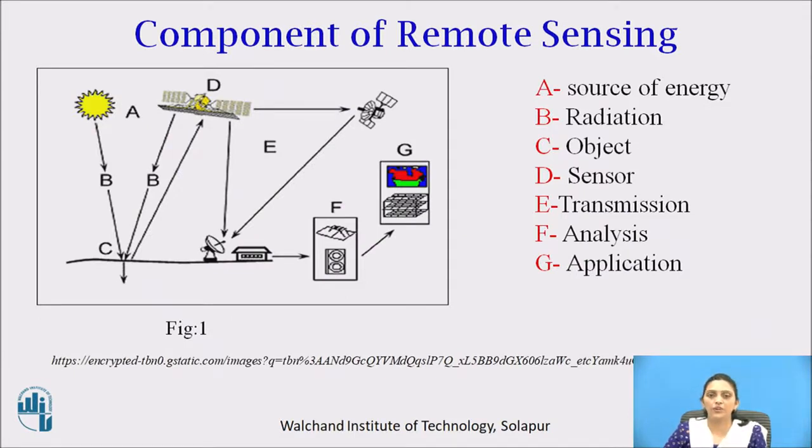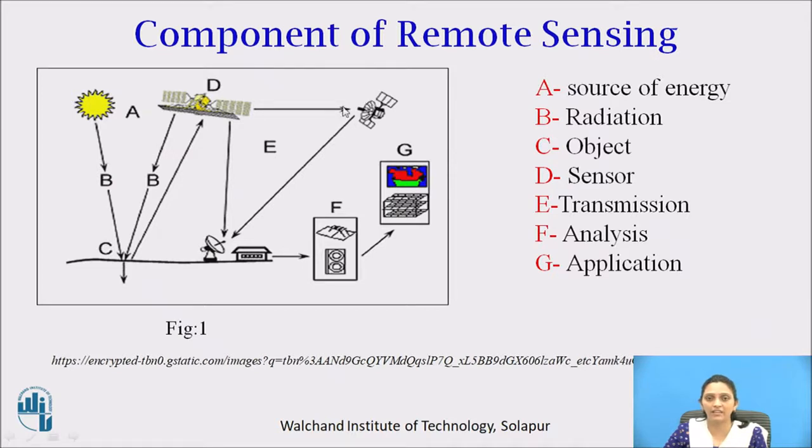Now, we will see the components of remote sensing. This is the image I have taken from the internet. In that image, all the processes of remote sensing are explained nicely. See here, the sun is the main source of energy. The sun rays are falling on the object. Here the object is nothing but the surface of the earth, and those reflected rays are captured by the sensor of the satellite, and then it captures the image, and then that image is sent to another source for